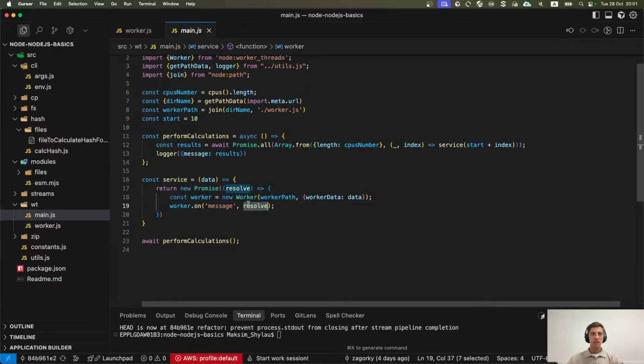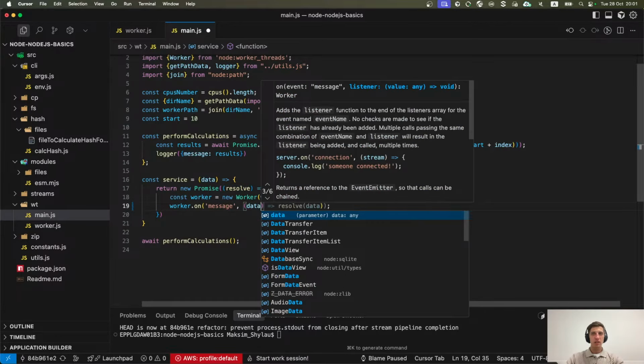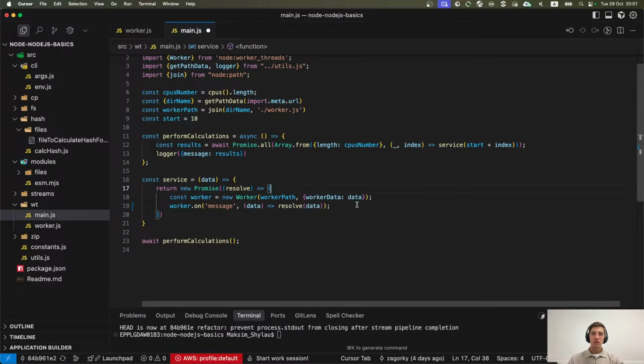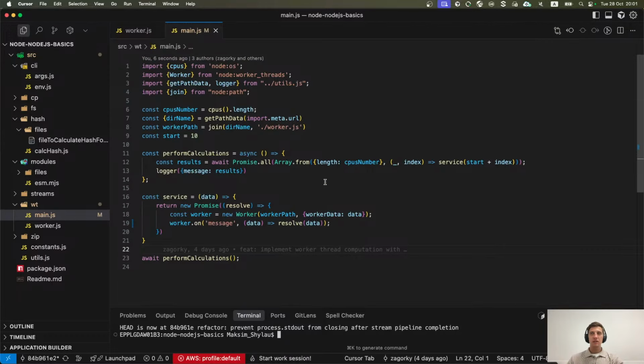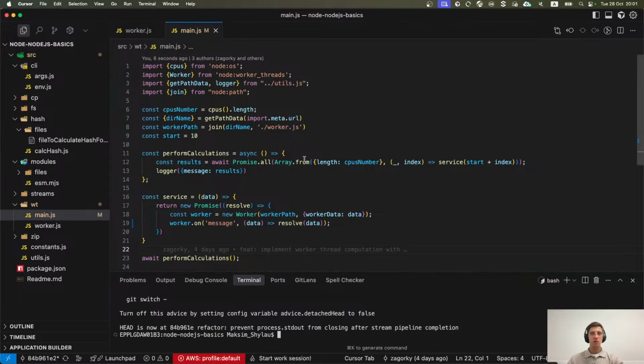This syntax is a bit confusing, so probably it would be better to write something like that. In general it works correctly. We create an array of promises, and then we resolve it, and because we put data in an array, the response from each worker will be put in the proper place.